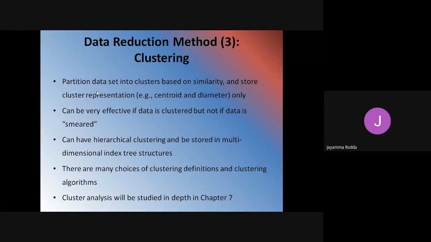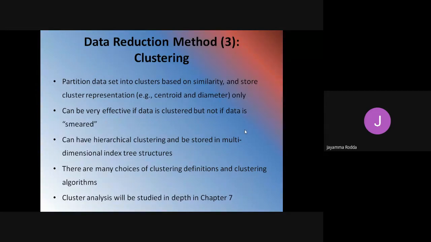And 11 to 15, 11.1, 11.9, 12, 12.6 until 15, will belong to another cluster. So the partition of a data set into clusters based on similarity is known as clustering, and it is done based on the centroid or the diameter around that centroid.